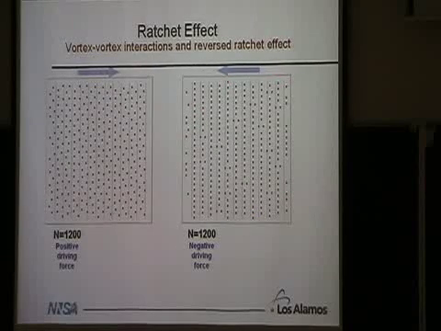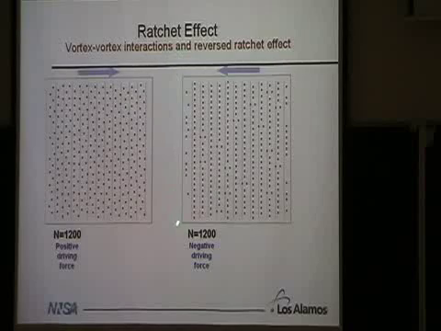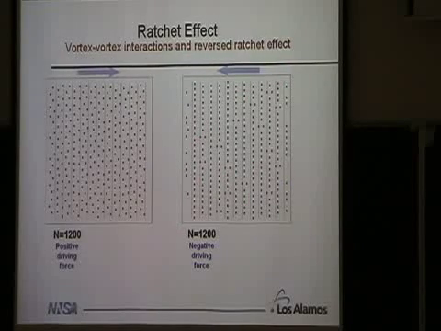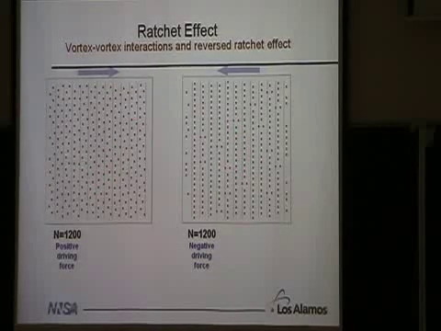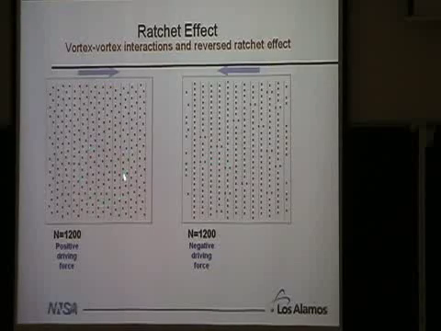But when we push them against the hard direction of the ratchet, the way they aren't supposed to go, they wind up lining up along the potential. And that brings the vortices closer together, and it actually helps them to overcome the potential better. The vortex-vortex interaction force is stronger here than it is here. And so that helps them go over the potential more easily in this case than in this case.